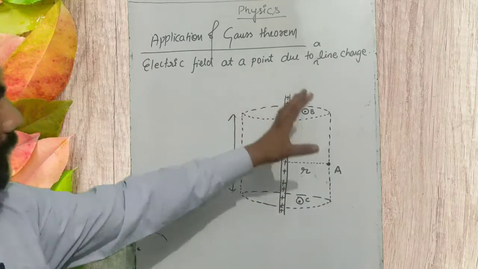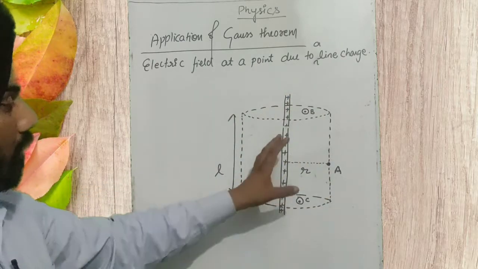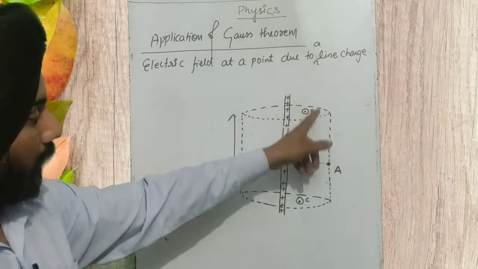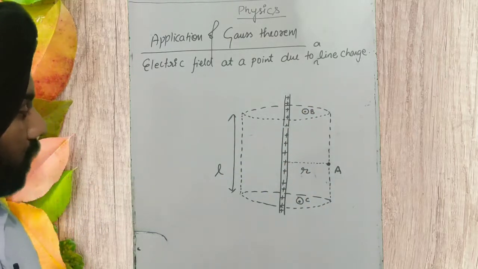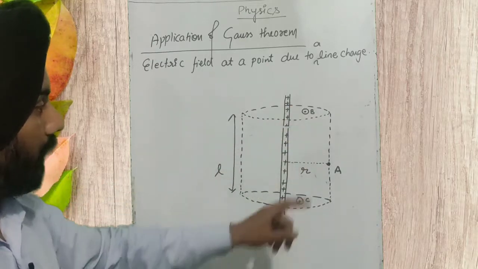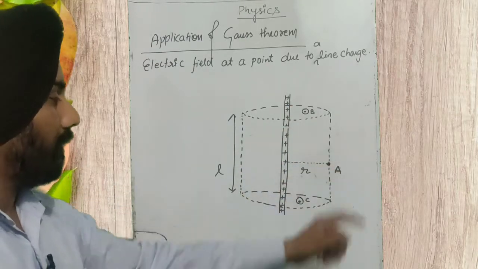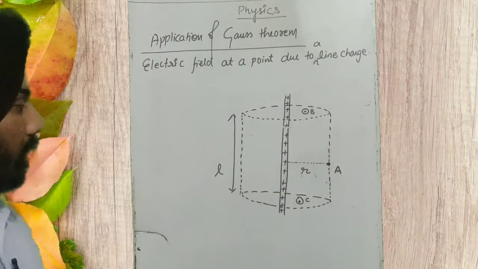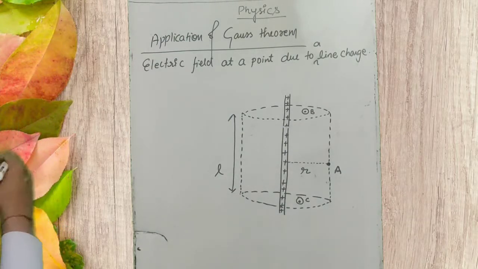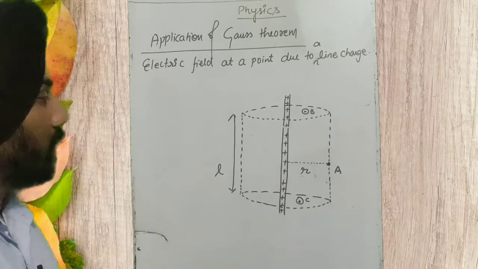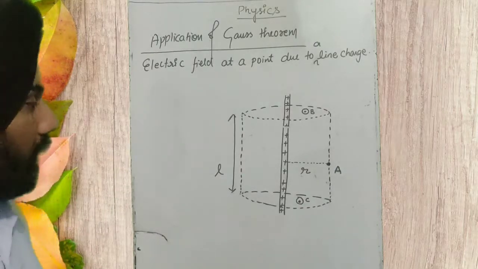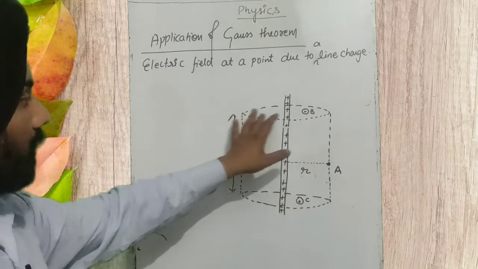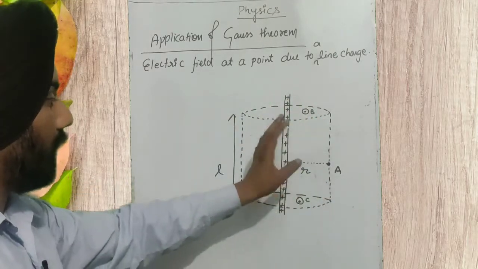using the Gauss theorem. So a hypothetical surface we have drawn, a Gaussian surface drawn by the dotted line, is passing through the point A where the electric field is to be calculated. 2 more points we have taken, B and C, and the distance of this point A from the center of the wire is r. Okay, the length of the cylinder is L. Suppose Q charge you have given to that. So charge is distributed across the length. Let the length of the wire till here be L.